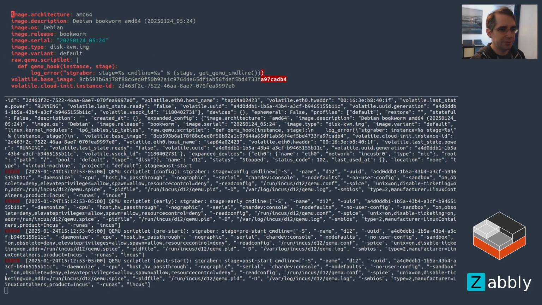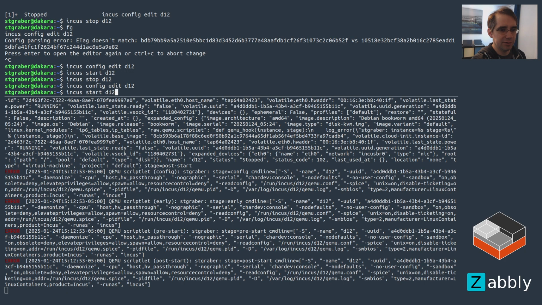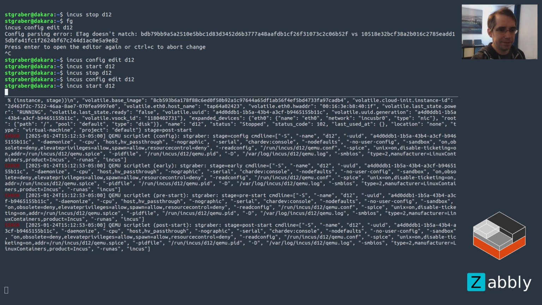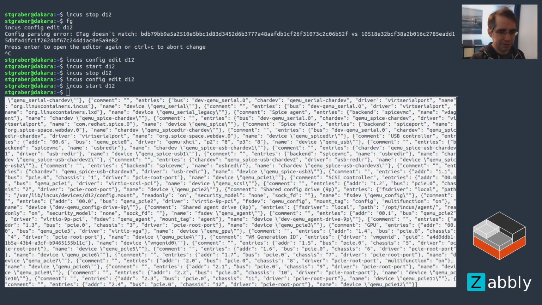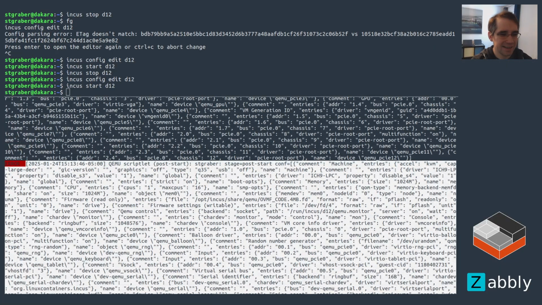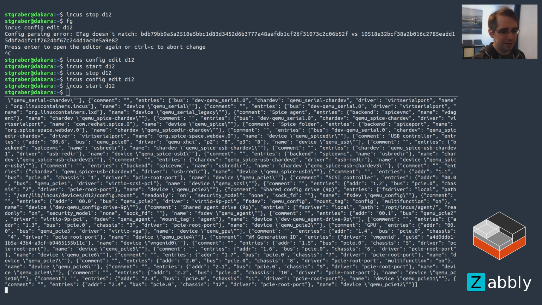Now, the other thing we can go look at and that you could mess with effectively is the config itself. So that's going to be a lot more data. So let's get QEMU conf instead. I don't know if, yeah, I did stop the VM. Good. All right. So if we start it back up now we're getting a lot more data here. But that's effectively a Python list of dictionaries that defines all of the different entries that makes up the command,